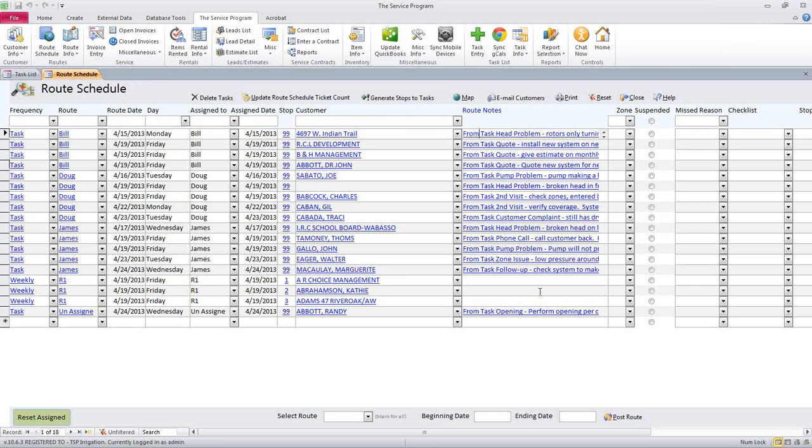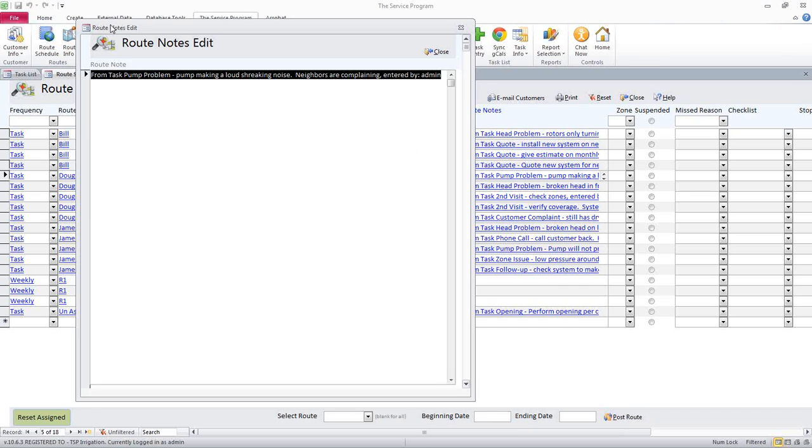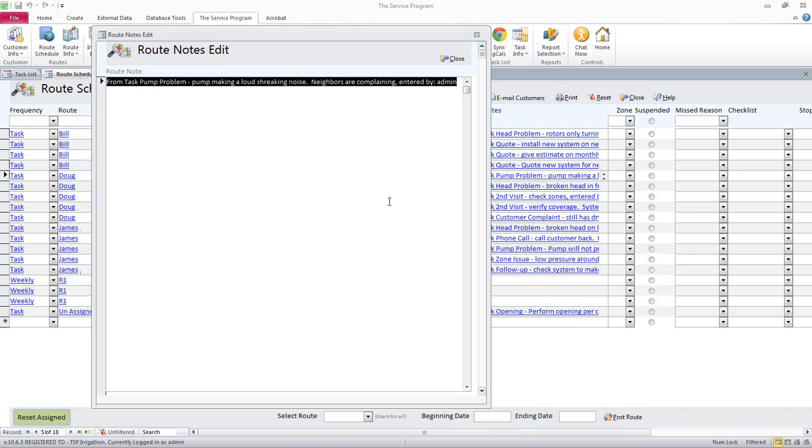I know this has changed since you and I have talked, Charlotte. The route notes themselves used to just be straight text. Now they look like a link, and if we double-click, we get a large pop-up for the route notes entry. Oh, okay, because I was just asking Michael, I believe it was yesterday, about route notes for